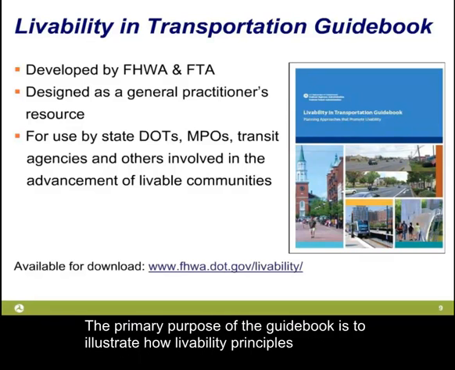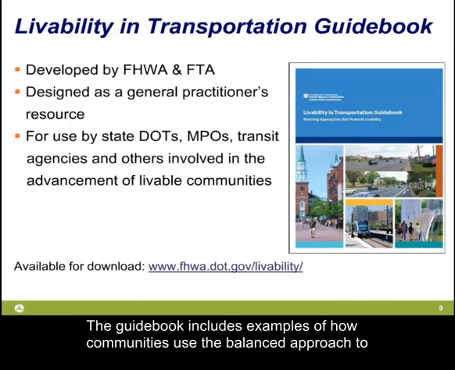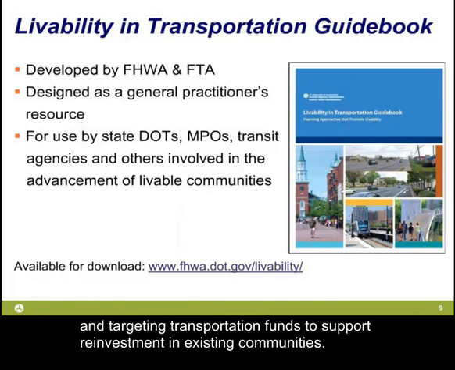The primary purpose of the guidebook is to illustrate how livability principles have been incorporated into transportation planning, programming, and project development in urban, suburban, and rural areas. The guidebook includes examples of how communities used a balanced approach to maximize the effectiveness of existing resources and targeting transportation funds to support reinvestment in existing communities.